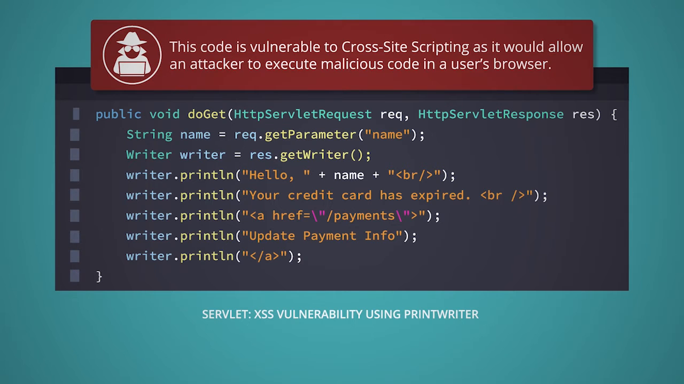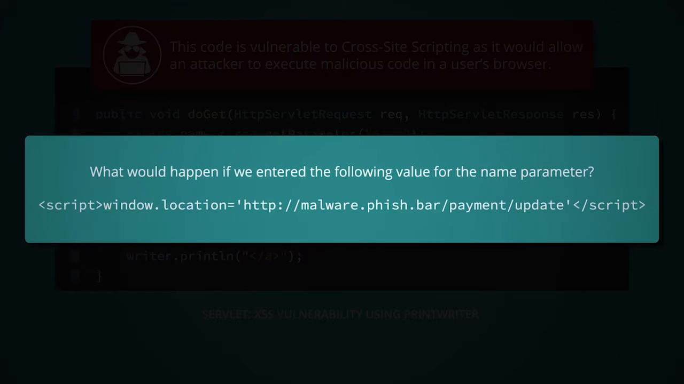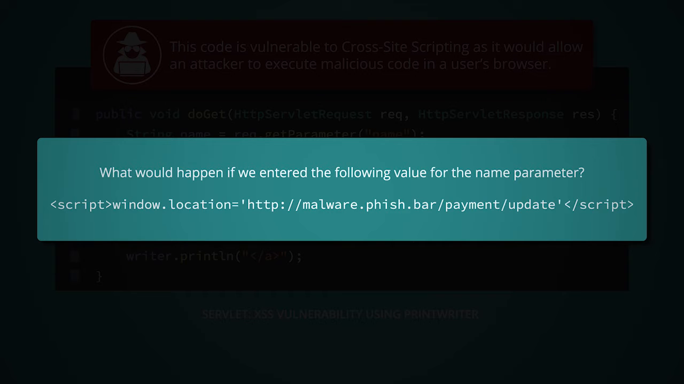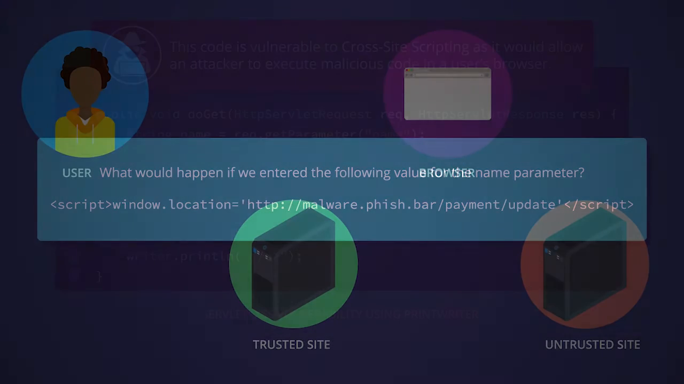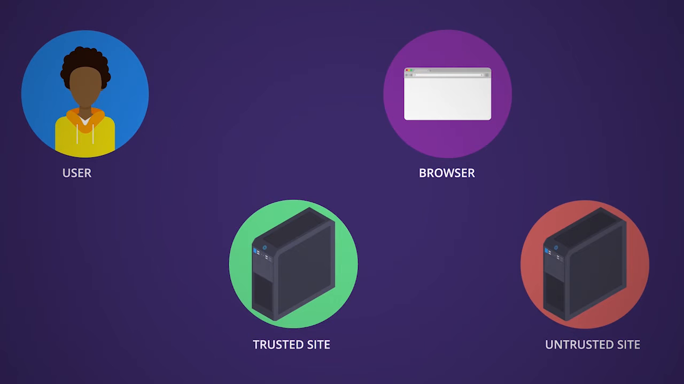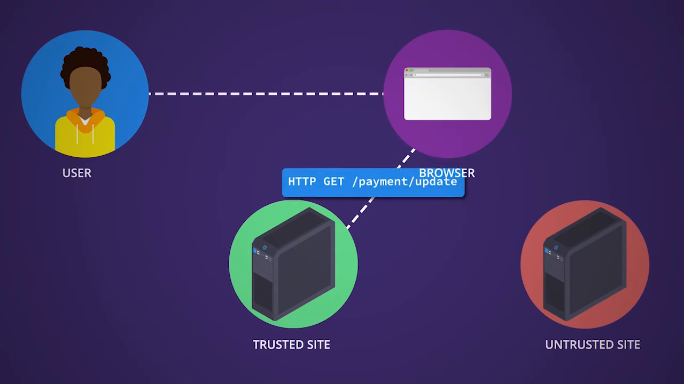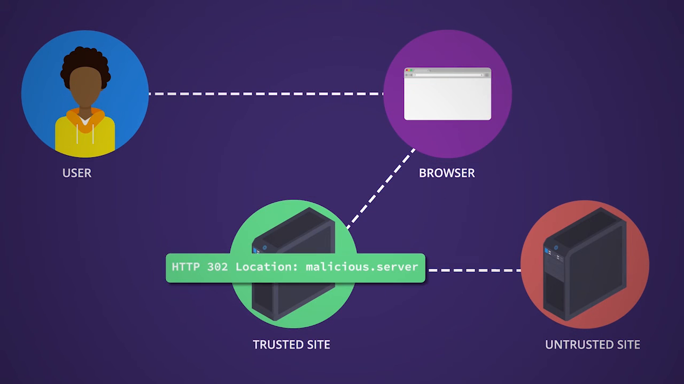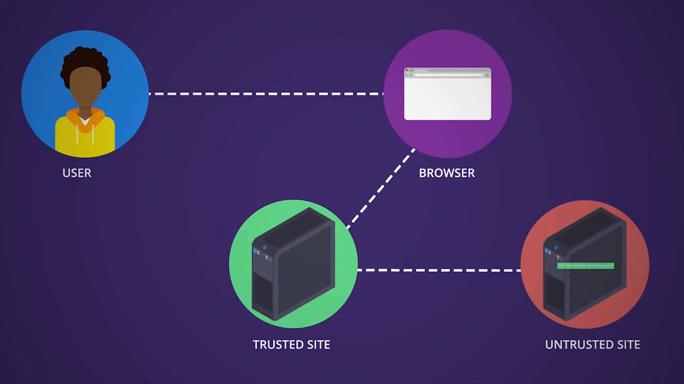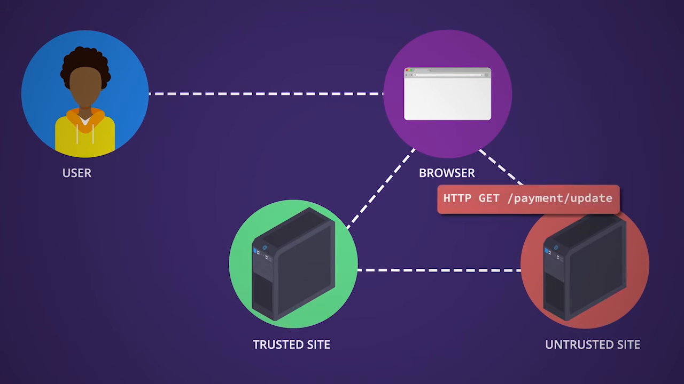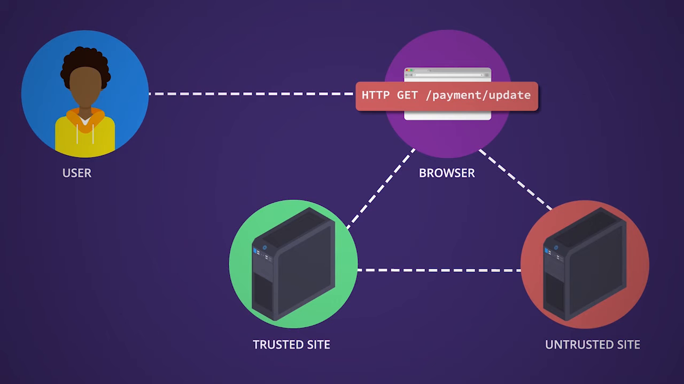This code is vulnerable to cross-site scripting as it would allow an attacker to execute malicious code in a user's browser. What would happen if we entered the following value for the name parameter? When this website is rendered by the browser, the user will be redirected to a website completely controlled by the attacker. The attacker would likely have their malicious website impersonate a legitimate one in an effort to carry out a